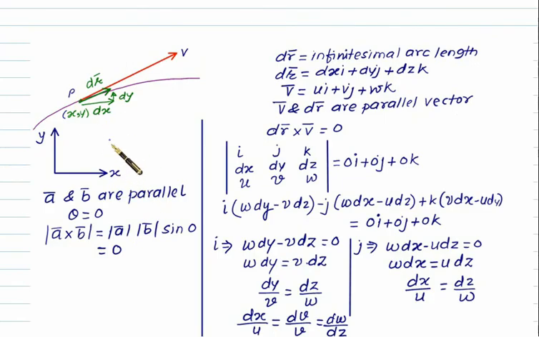To develop the equation of a streamline, you take the cross product of the change in particle position, dr, with the velocity vector V. If you equate this cross product to 0, we get the condition for streamlines: dx by u equal to dy by v equal to dz by w. All three terms are used in three dimensions; otherwise we can solve the problem with whichever of u, v or w are given.